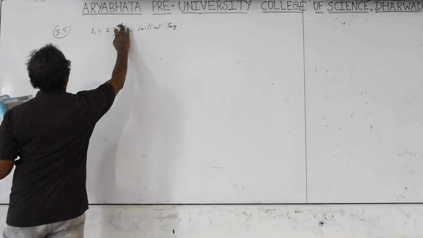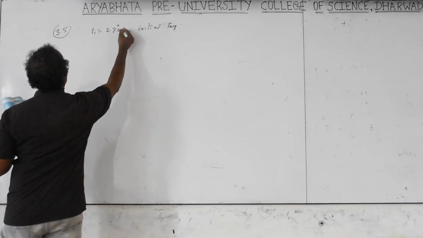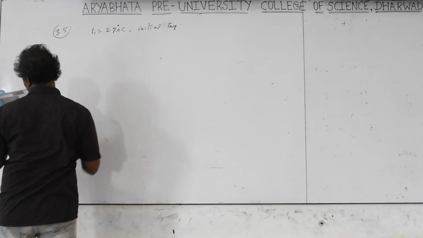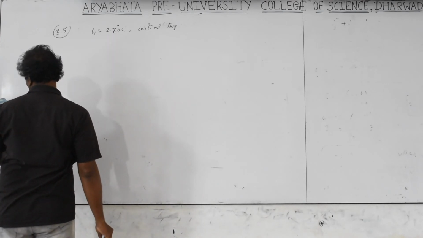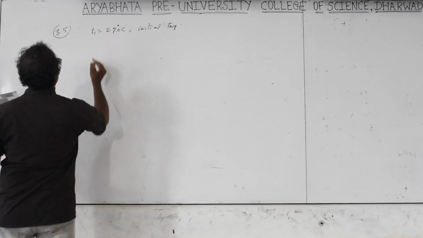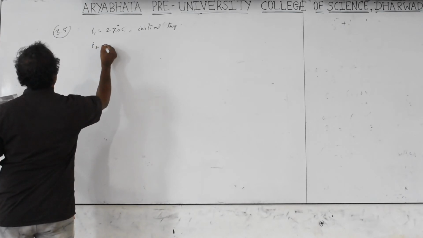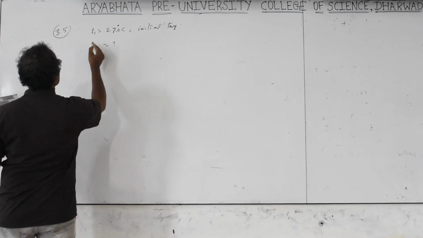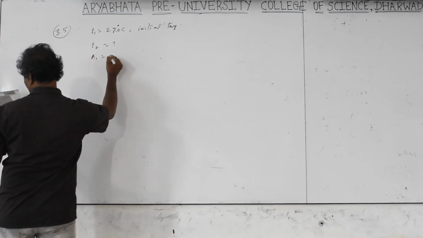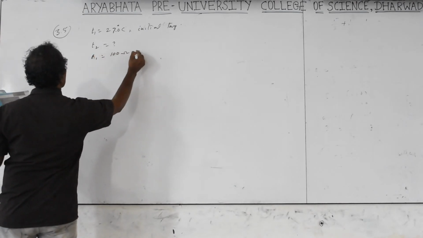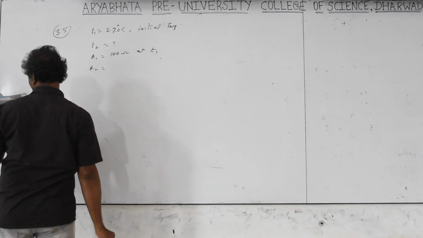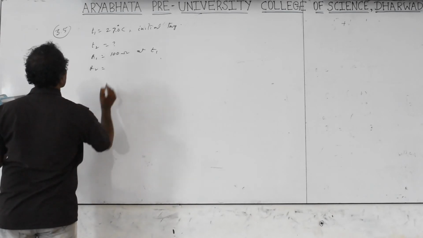27.0 is given, that is for the least count relationship. The initial temperature is 27 degrees centigrade. The resistance of the heating element R1 is 100 ohms at temperature T1. We have to find the new temperature T2, where R2 is equal to 117 ohms